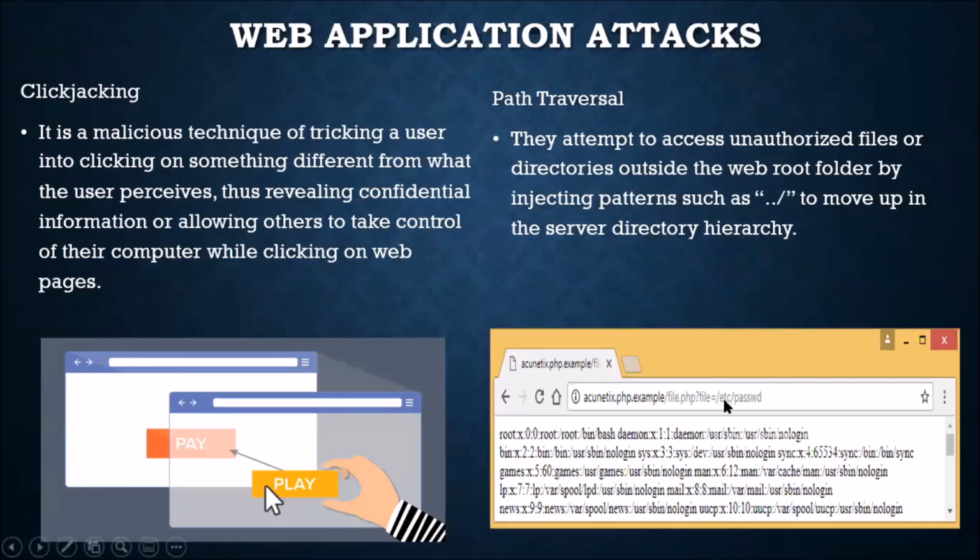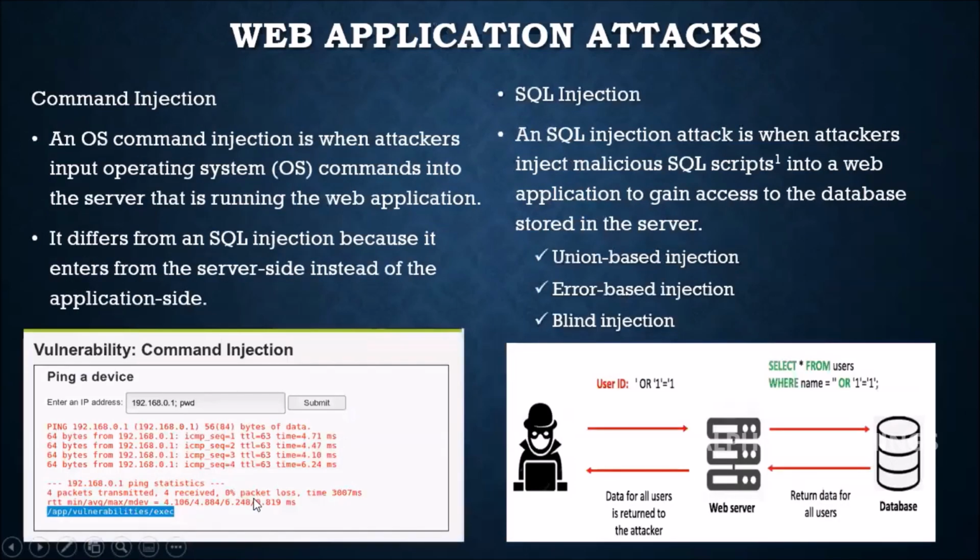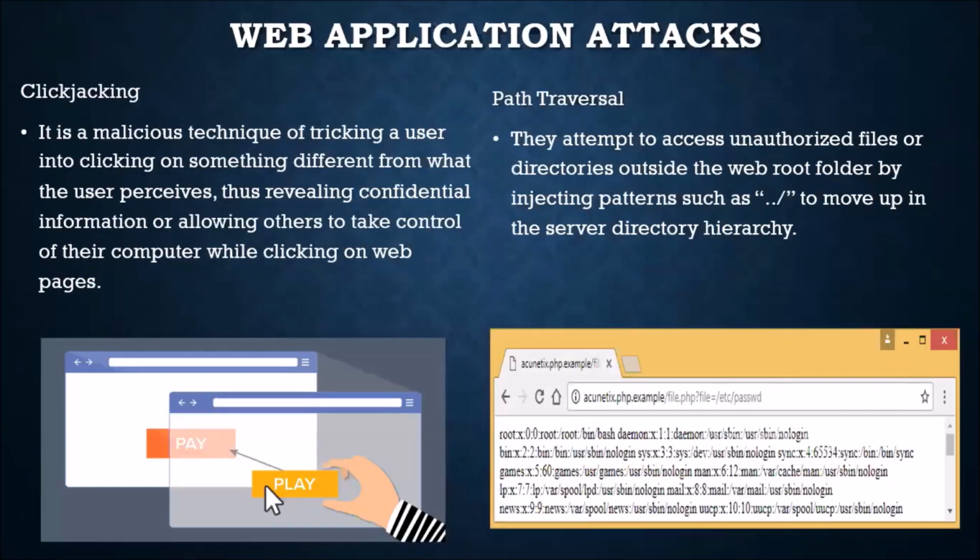In the snip, if you see /etc/passwd, this is a path to a file called passwd. So what you are seeing below is the contents of that file. Similarly, I can also navigate to the path /app/vulnerability/exec. If I give that as a path, it will list down all the file names present under that directory. So this should not be happening at the website end. Whatever contents are present in the server should not be exposed to the end user by any means.